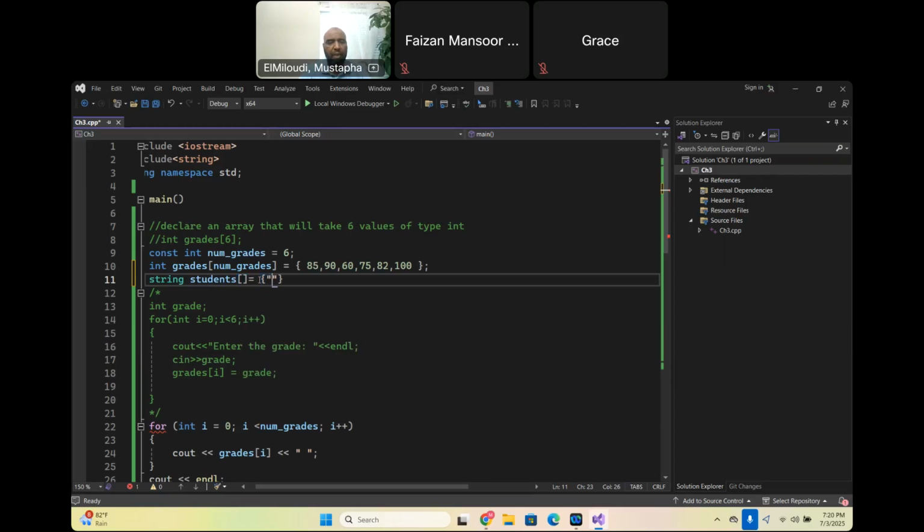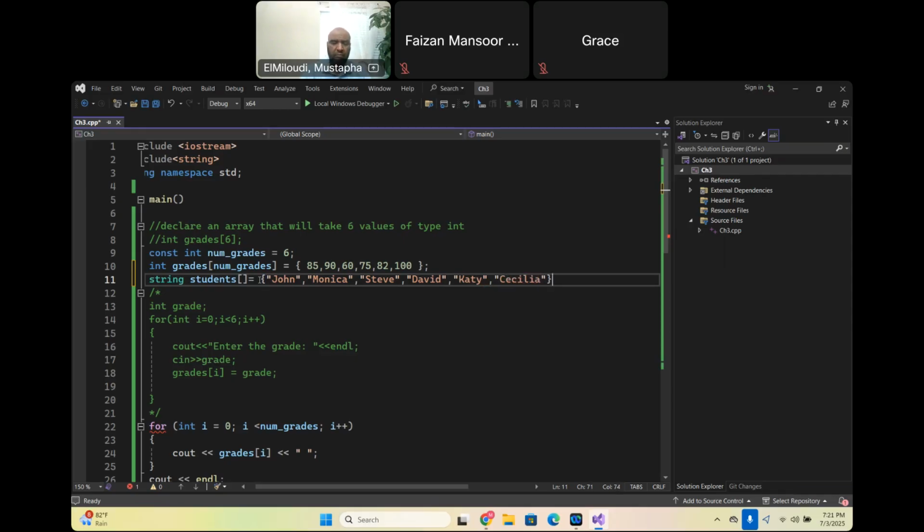So I can put, for example, John, then Monica, then Steve, then David, and then K. So we have two, one more, and then we can put here,